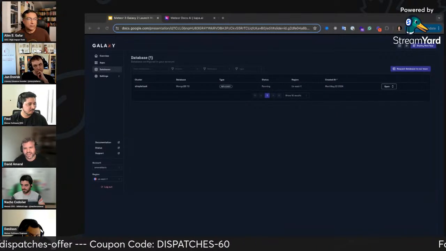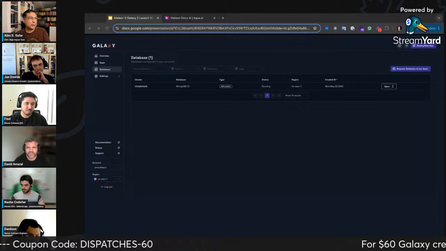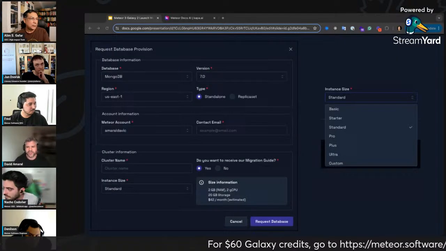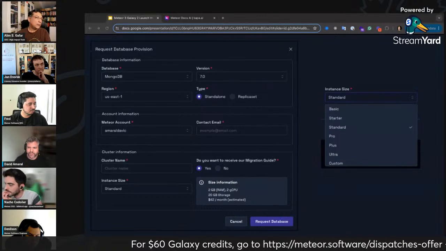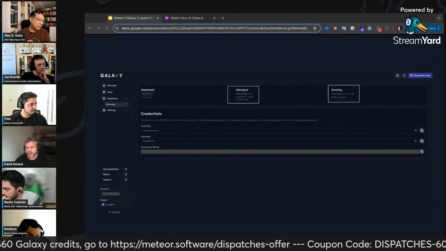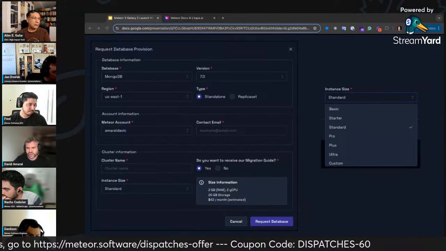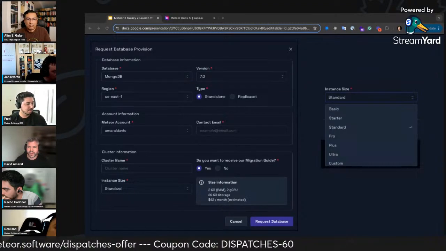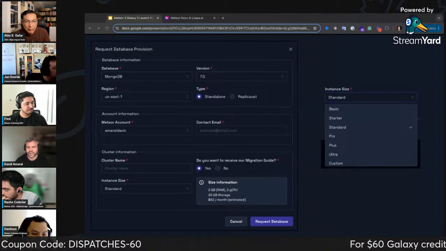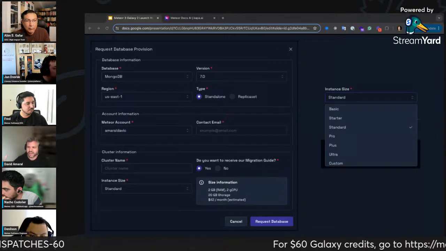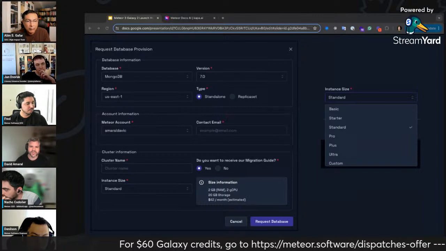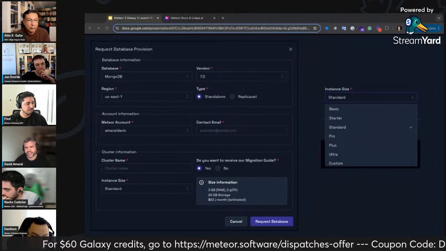We have some screenshots for the new database. You can request a database there. When you request a database, our team will provide you this new service. There are different options that you can choose when you're requesting a database. We have different instance sizes, from the basic one, which is $8 a month, going up to the custom one, where you can request different types of database that will fulfill your needs.